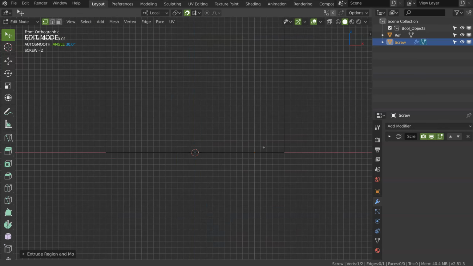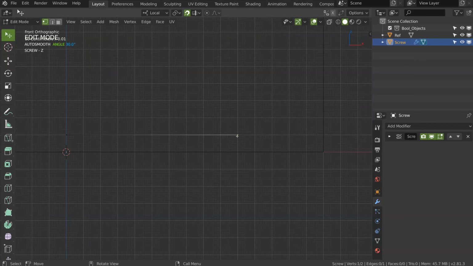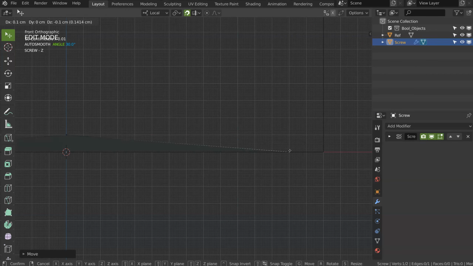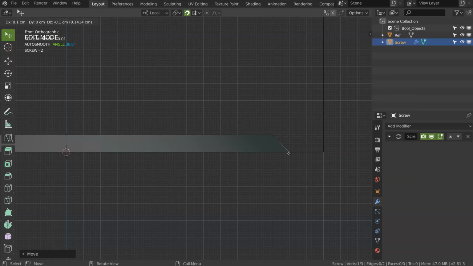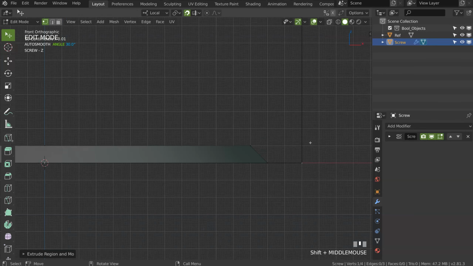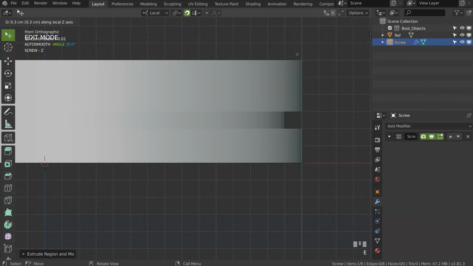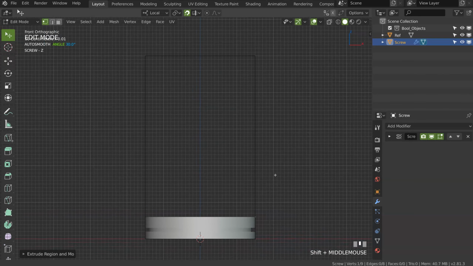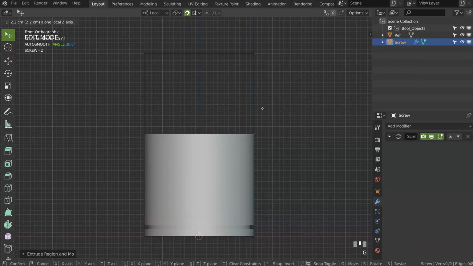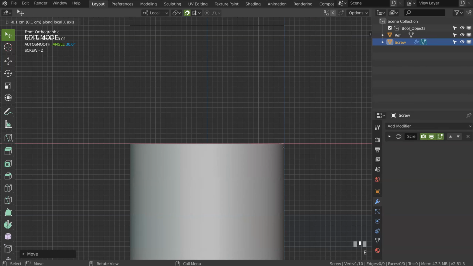I will now go in front view. I will select everything, and I will just move them here. And we will use the grid to make our object. I will press E to extrude this, and in fact what I can do is to activate this for you. Okay, so let's continue. I will press E here, E, front view, E, and let's move this one. Let's see, press G, should be correct, let's see, like that. We will edit it later if necessary.